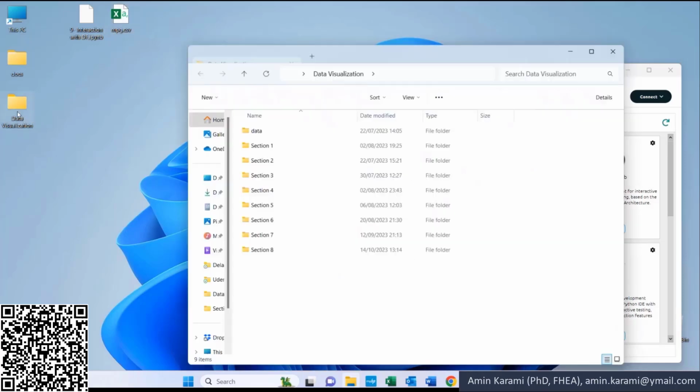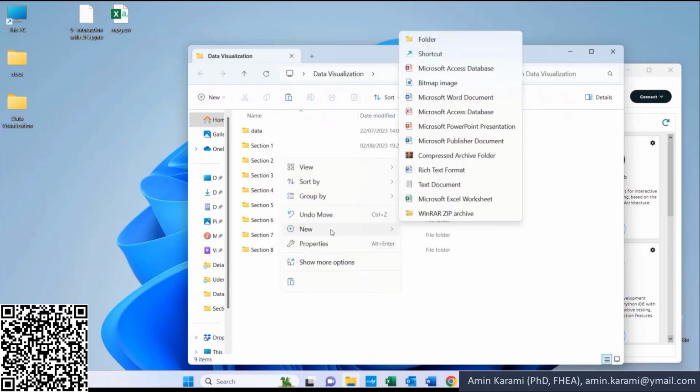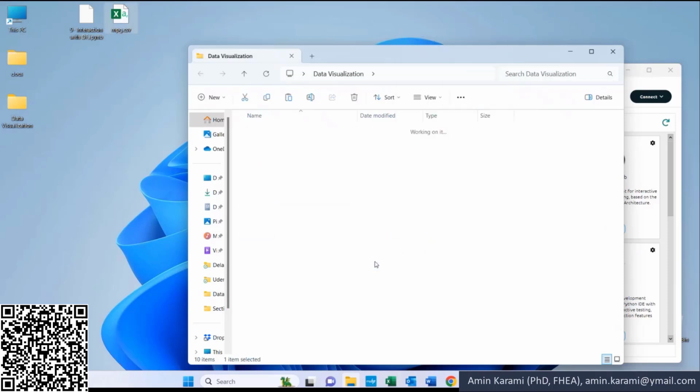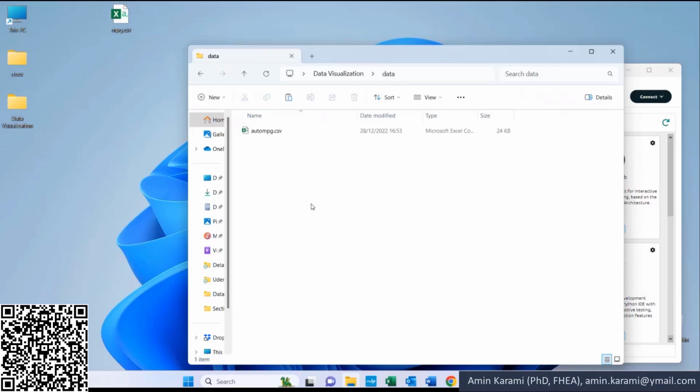As usual, let's go through data visualization, and here I'm going to create a new folder, and I want to name it section 9. Here we go, drag and drop, and then you can come back here to the folder data, and if you still have this auto MPG over there,